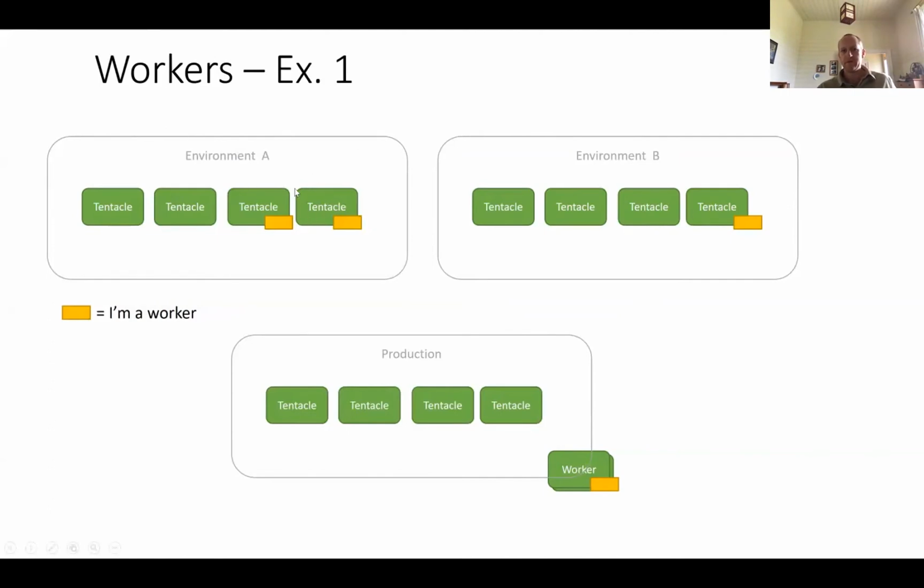In different environments, you could tag them in different ways, and it would work the same way as deployment steps work now, where the change in a deployment per environment is not a change in what the deployment process looks like, it's a change in what we pick up is living in that environment at runtime. So we pick up all the tentacles that we're deploying to, and at the same time, we pick up the machines that can act as workers. You could reuse your tentacles as workers, but you could also, for example, in a production environment, you could have a pool of workers that act just as workers and not as tentacles,